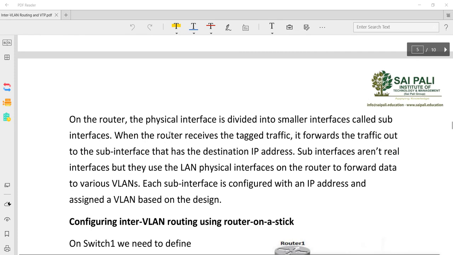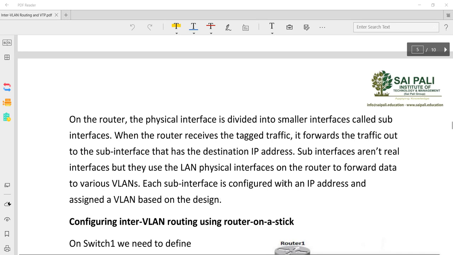When the router receives tagged traffic, it forwards the traffic out to the sub-interface that has the destination IP address. Sub-interfaces aren't real interfaces, but they use the physical interface on the router to forward the data to various VLANs.